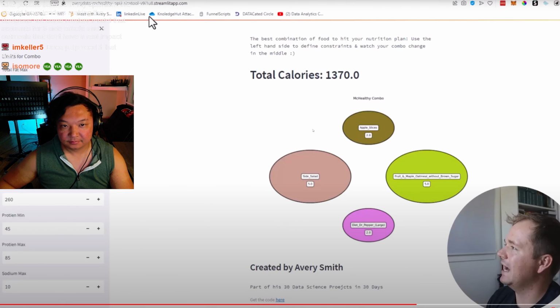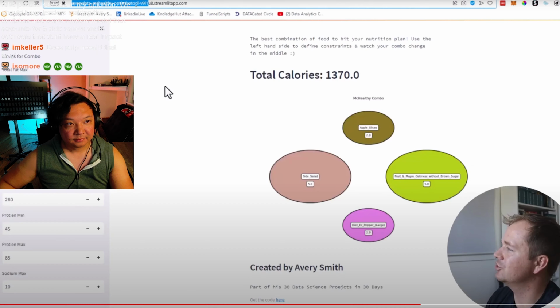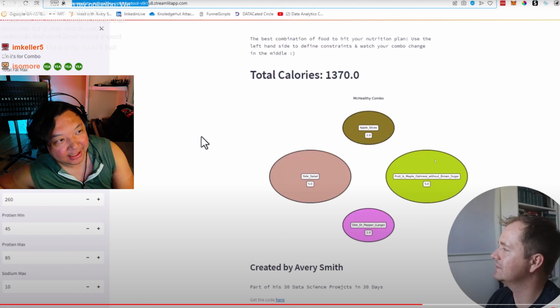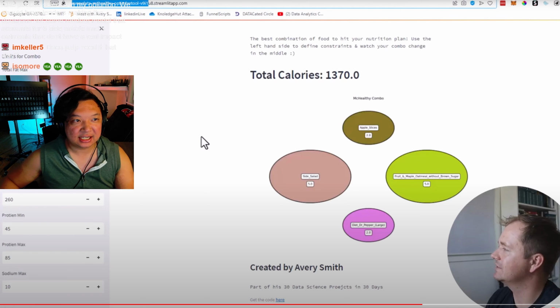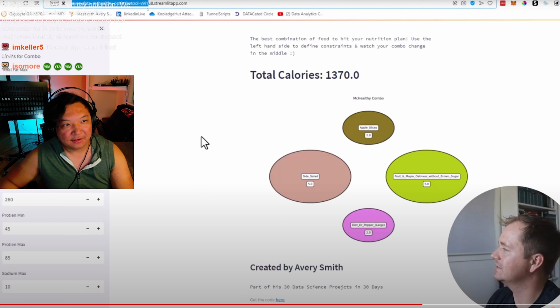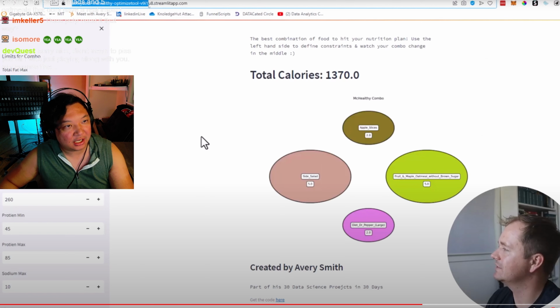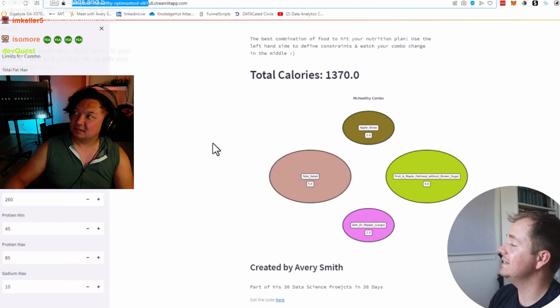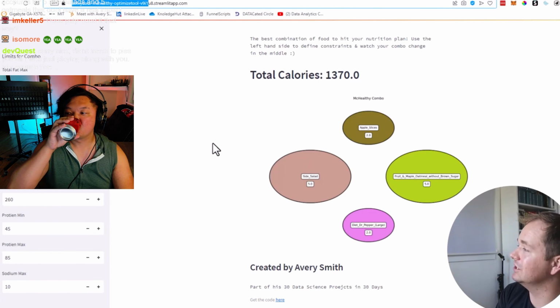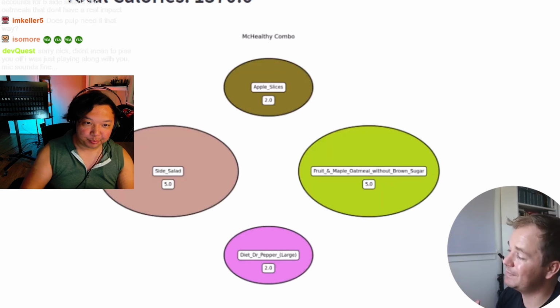And here is the app. You can go to this URL right here to try it out for yourself. Yes, this one right here, very easy to type in. This is Avery data dash McHealthy dash optimized tool dash V9I1U8. But you can see that the optimal McHealthy combo for me personally is 2 apple slices packages,